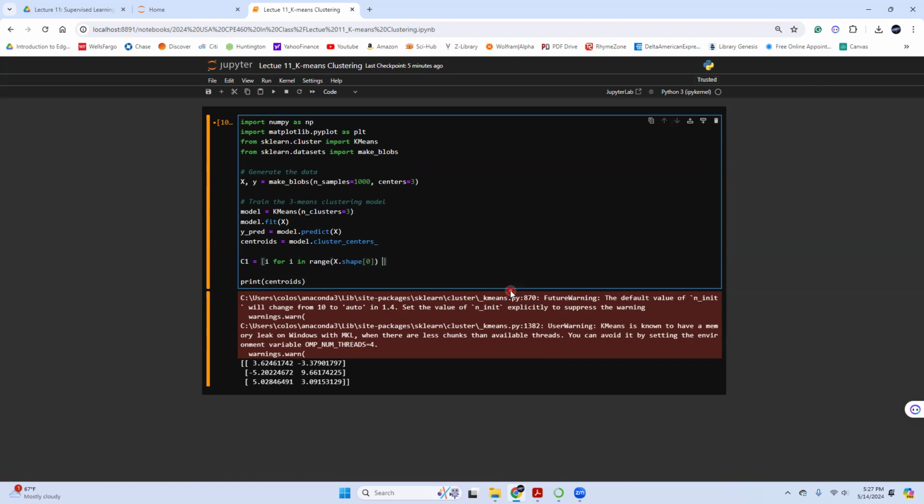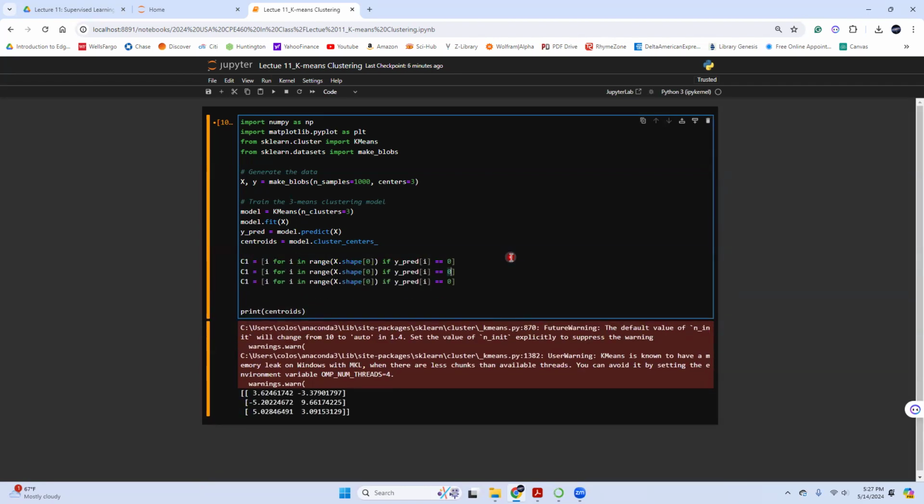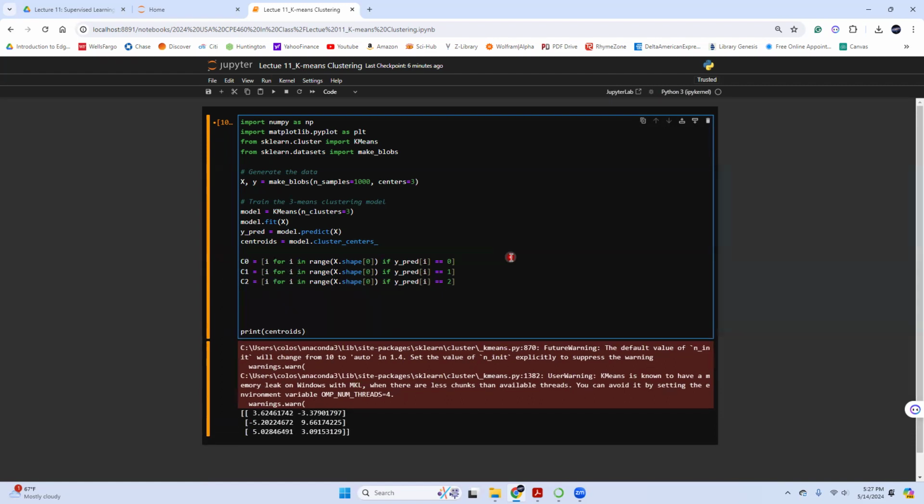And then if Y_predict[I] equal to 0, and do the same thing for the other two. Let me use C0, C1, and C2. Okay, now I have these labels.